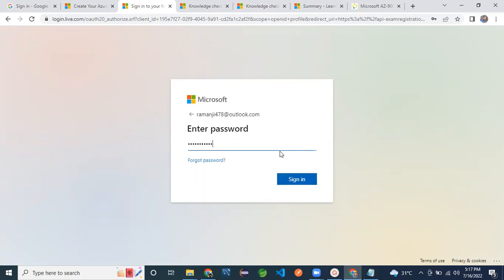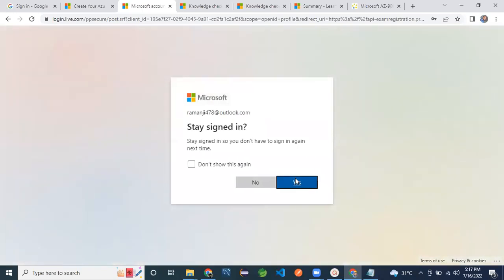If you don't have one, then create a new Microsoft account and log in so that you can book.